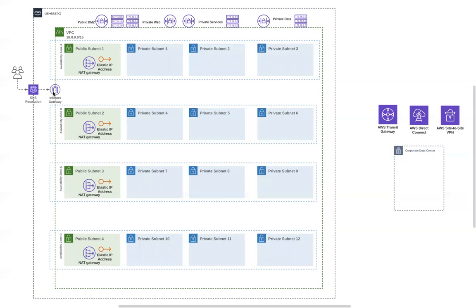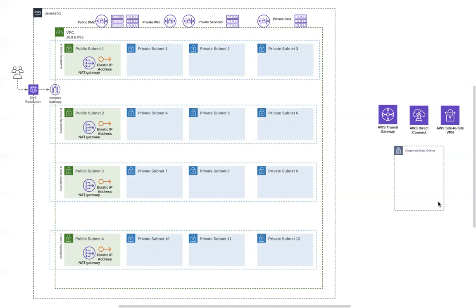Now take a look at this kind of architecture when you employ it for your organization, for all of your applications, so that you have more granular control over what's happening. And your entire AWS network can talk to your corporate data center through 3 different aspects. This is where I'm going to introduce some advanced concepts, which we'll see later down the line. You can use a transit gateway. You can use a Direct Connect connection. You can use a site-to-site VPN connection, which goes through the internet. So you have so many different options to connect your corporate data center to your AWS VPC.